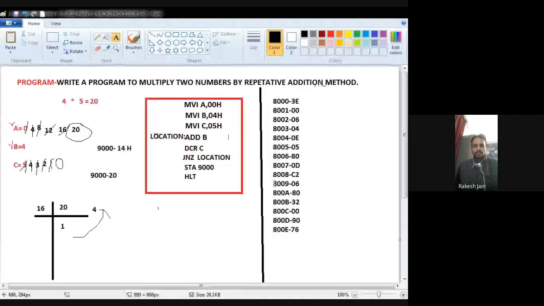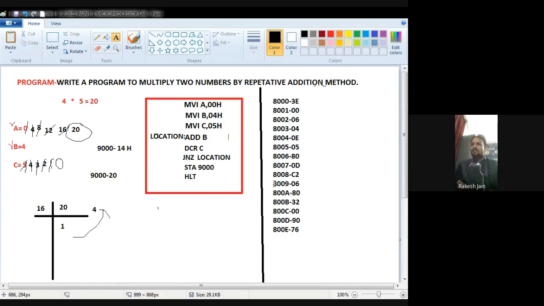Once again I am going to show you, so that you will keep in your mind what my program was. So one more time, kindly look at that MS Paint file. This was your program to multiply two 8-bit numbers by the repetitive addition method. For that we take two data, 4 and 5, and multiply them by repetitive addition. I created the program already, checked the hex codes for the different instructions from the opcode table, and wrote them down.